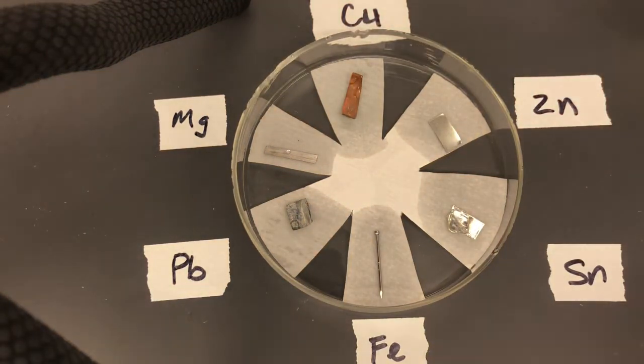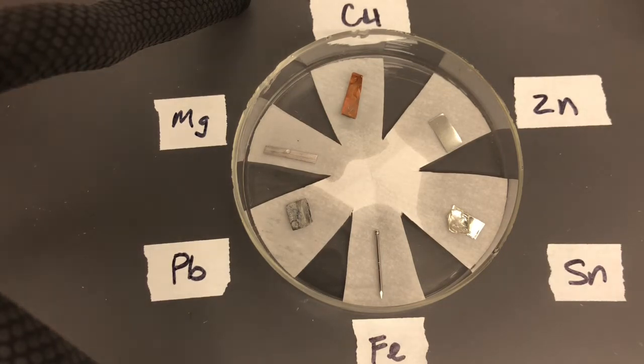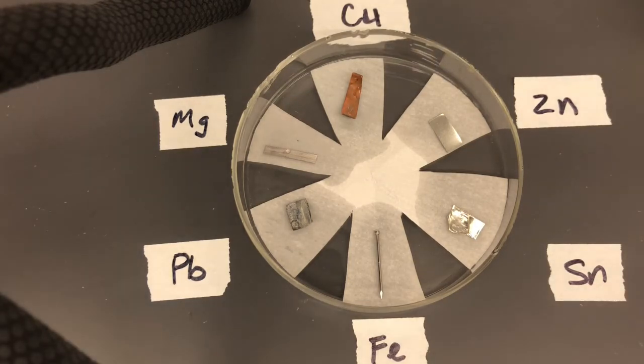At this point, I've created half cells. Yes, these are very tiny half cells, but the advantage of these very small half cells is that you're looking at solutions in which you don't have much material that you need to use. Remember, we're focusing on environmental chemistry this term, so it's great to use smaller amounts of material to demonstrate the